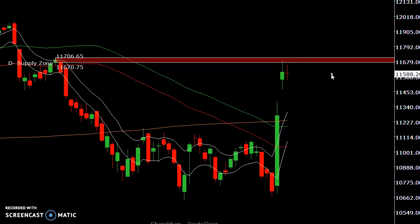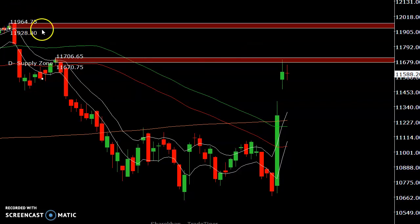As per this daily chart, the daily supply is held at 670 to 706. This is a very crucial zone. In the coming days, if the price closes above this zone, there is a high probability the price will go up to this area. This is 11,928 and 11,964. So this is the probability, only if the price closes above this level,